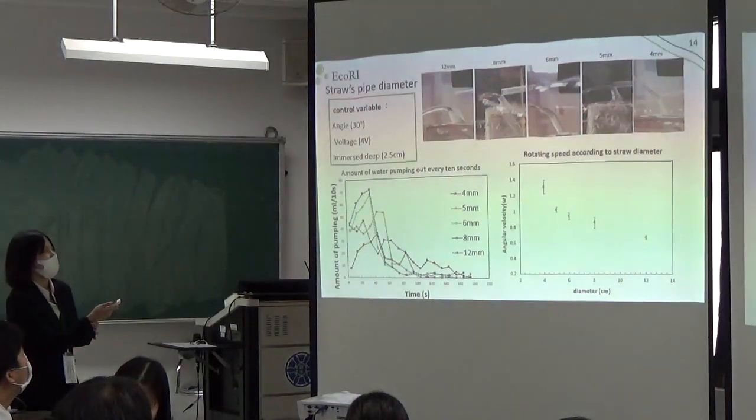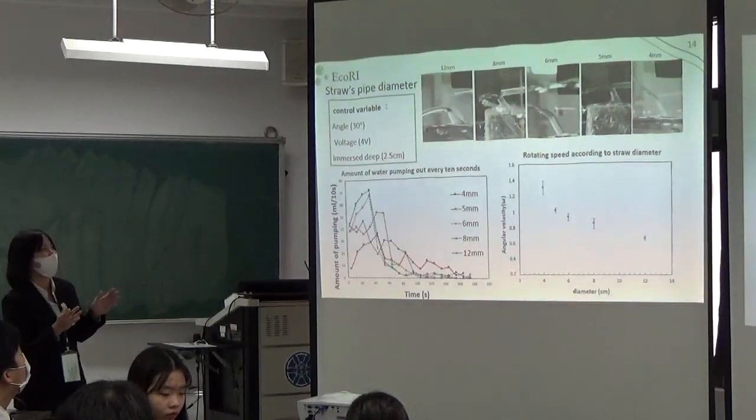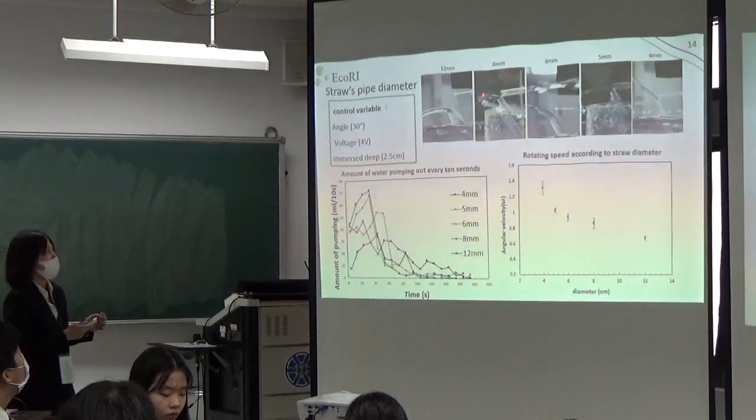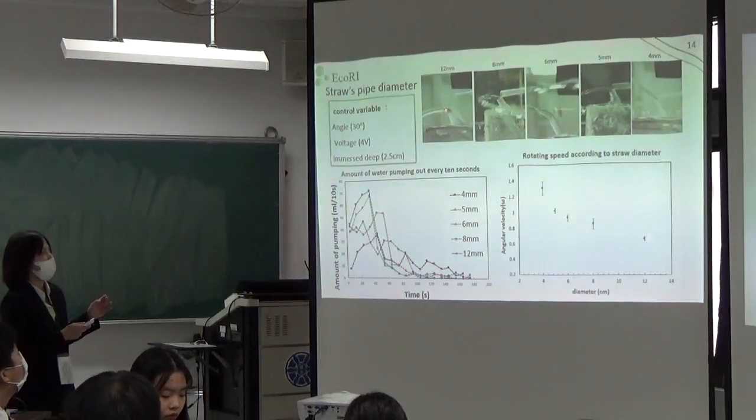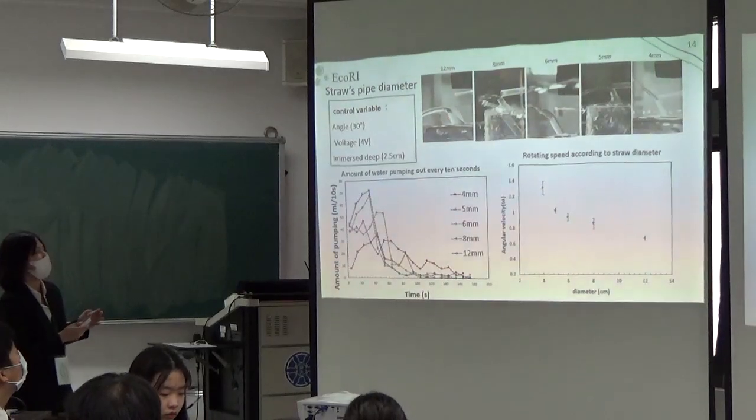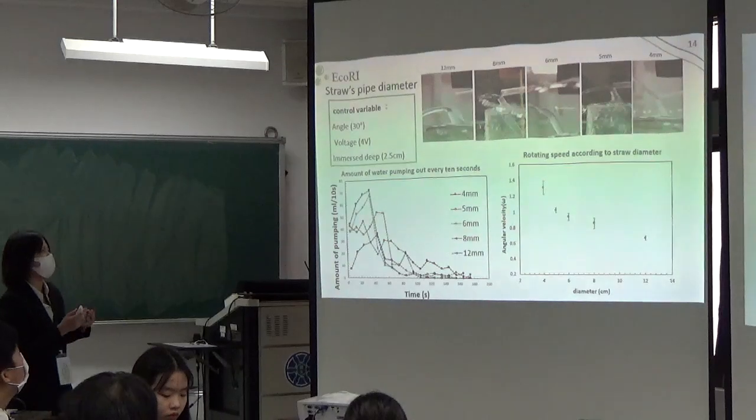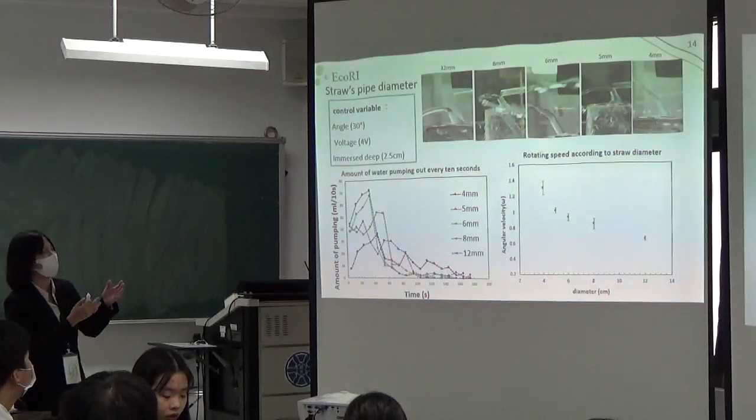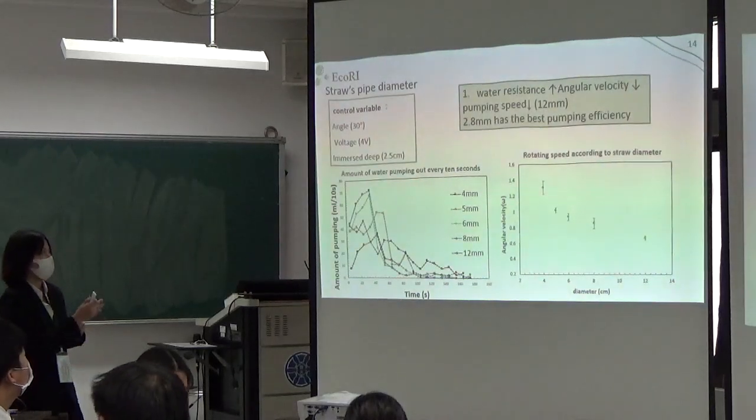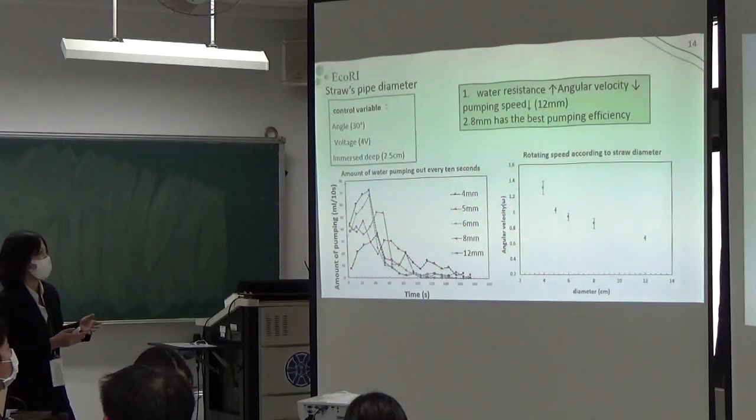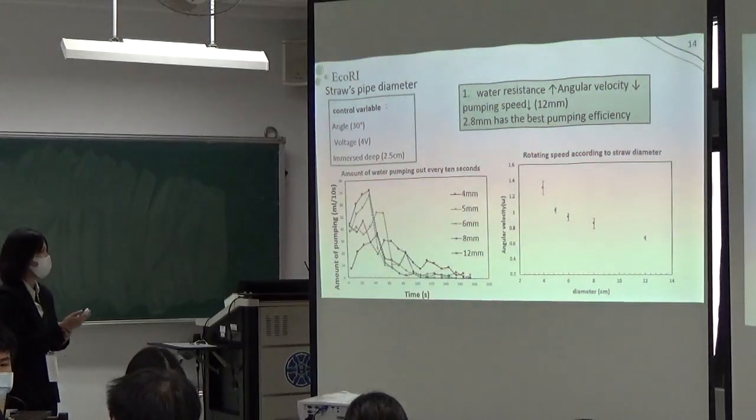So we think that maybe the 4 milliliters cannot pump out the water immediately. And the 12 milliliters will just have half of the area of the pipe, so we think that it cannot be efficient and is limited by its rotating speed. So the conclusion of the data is that when the water resistance increases and the angular velocity decreases,